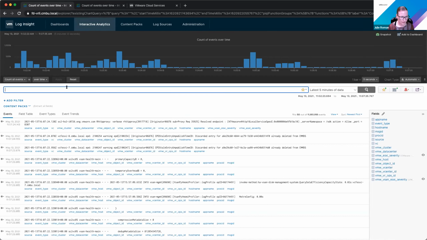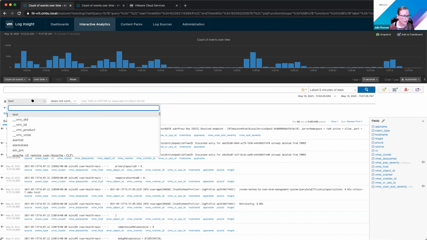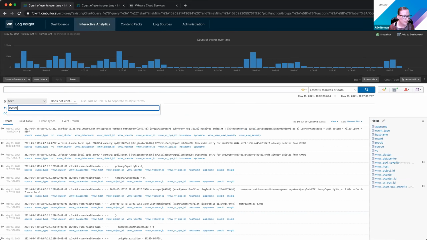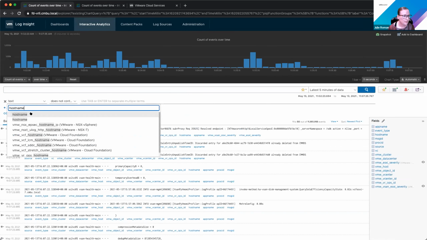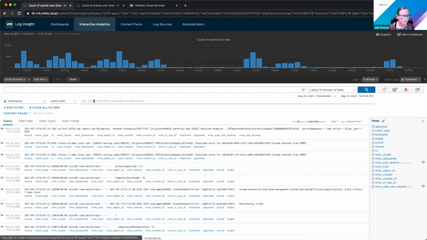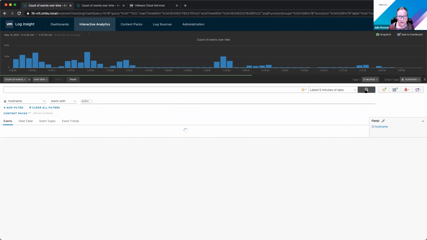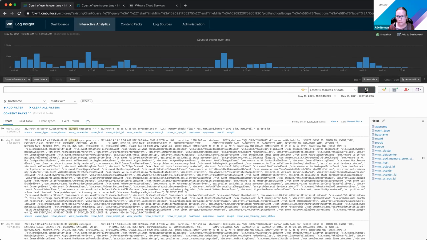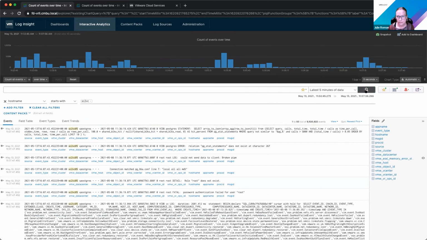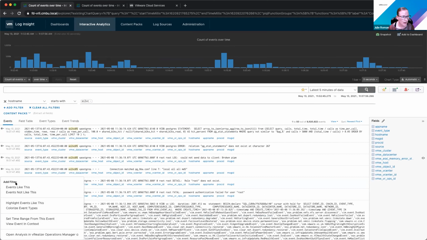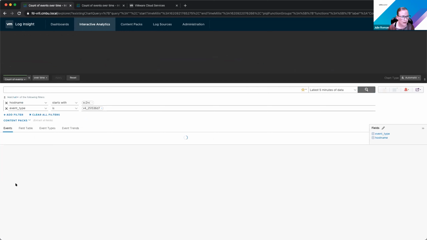So if I wanted to add a filter, just looking for some specific vCenter logs, I can filter out events that I'm not concerned with.